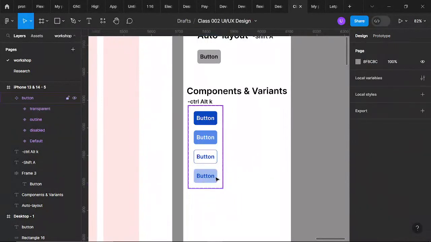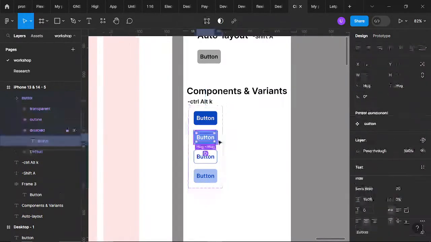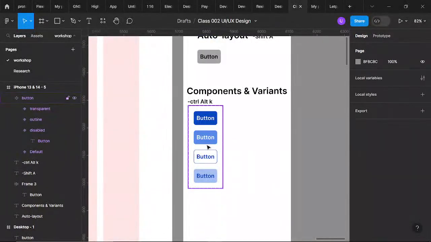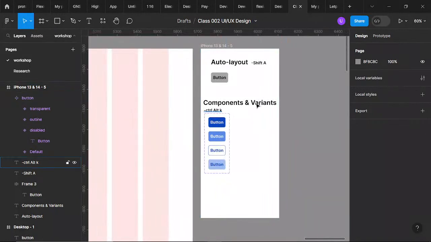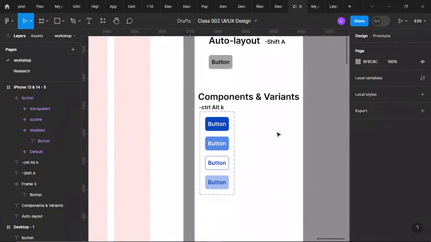So it doesn't mean that it is not clickable or is disabled, but this is an example of a disabled button. You can see whenever you have something like this, it looks like a disabled action. So this is just how you can create different variants. A typical example is the button. You just have to keep clicking on add, okay, till you have all your variants needed. And you can name it also.